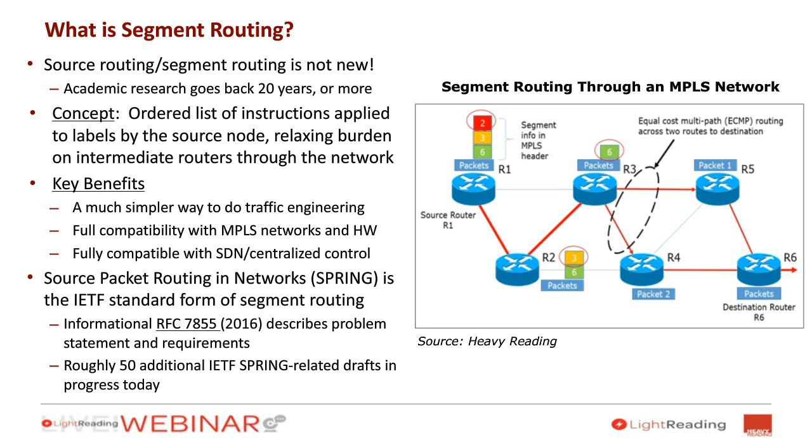If you look at the diagram on the right, the source node R1 has the segment info in the MPLS header. The destination router in this very simple diagram is R6, and all of the instructions needed to get there start from the very first router. In this case, we show just 3 labels. Again, it's a simple diagram, but in reality, several studies have shown that not all destinations, but most destinations, can actually be reached with just 2 or even 1 label being applied. So that's one aspect of the simplicity of this technique and why it's of interest.